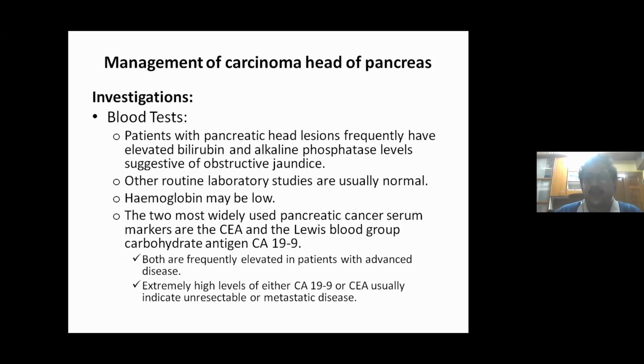Now coming to the most important part, that is management of carcinoma of head of pancreas. Now for investigation, blood test. Patients with pancreatic head lesions frequently have elevated bilirubin and alkaline phosphatase levels suggestive of obstructive jaundice. Other routine laboratory studies are usually normal. Hemoglobin may be low. The two most widely used pancreatic cancer serum markers are the CEA and the Lewis blood group antigen CA19-9. Both are frequently elevated in patients with advanced disease. Extremely high levels of either CA19-9 or CEA usually indicate